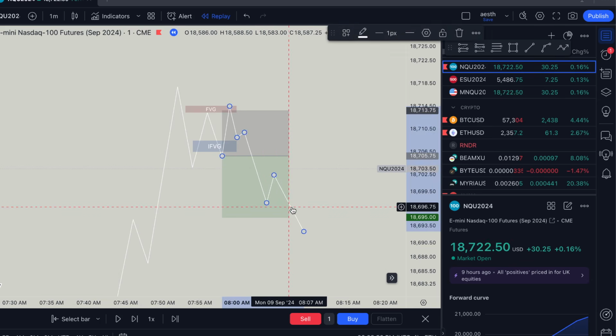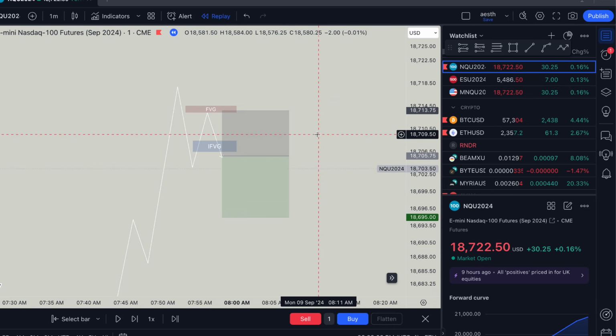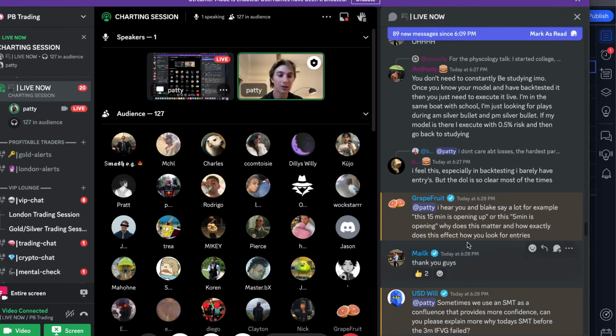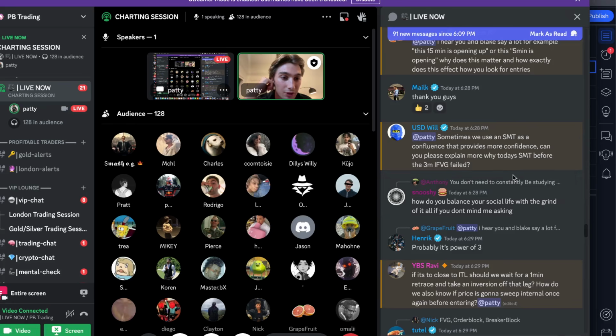So you just want to be aware of when 5 and 15 minute fair value gaps are opening near you, when you're either going into a trade or just trading in general, because it's very likely that price is going to be attracted to that PD array and manipulate into it before completing the move that you actually want to see. So be conscious, you don't want to be getting manipulated out all the time.